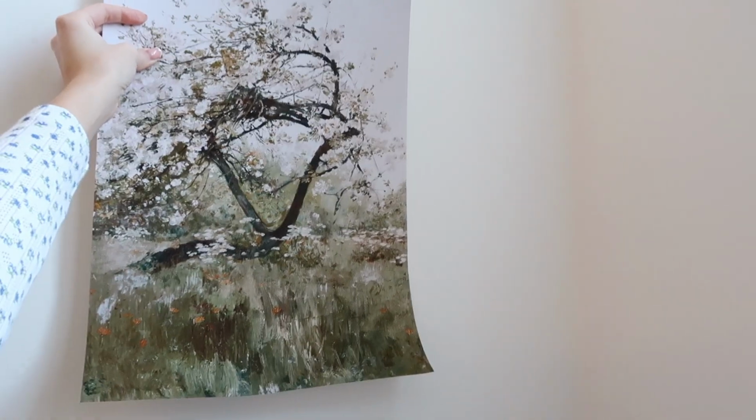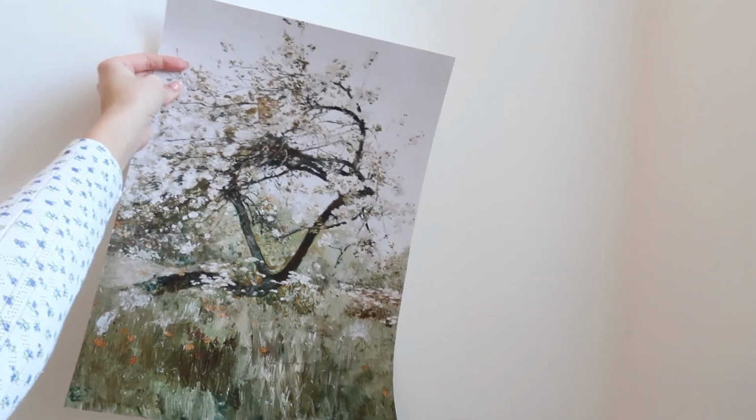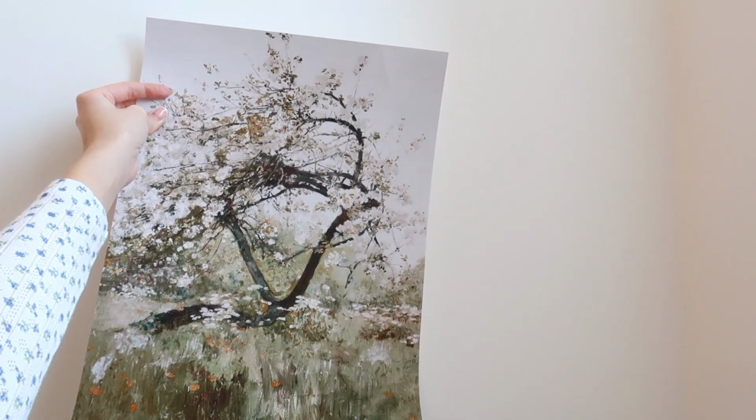Let's see. I'm not going to be able to get a good shot. This is literally a fail, but it's going to look like that in a nice brown vintage frame. I think it's going to look so gorgeous. It's going to tie in with the olive tree really nicely, and the browns in the basket down there. So yeah, watch this space. No doubt I'll have it on my Instagram soon, and I'll show you guys on YouTube when it's up and